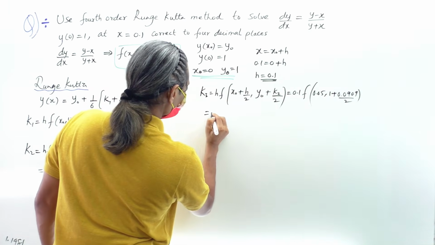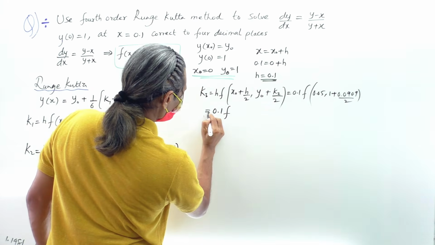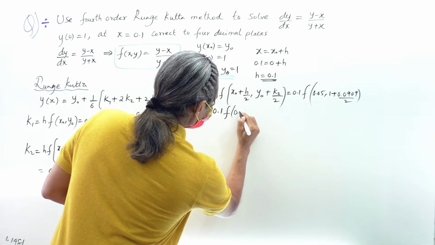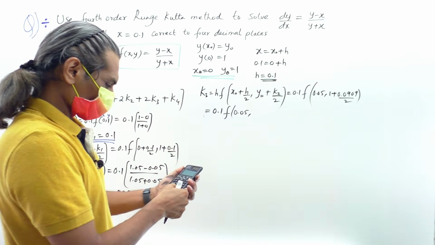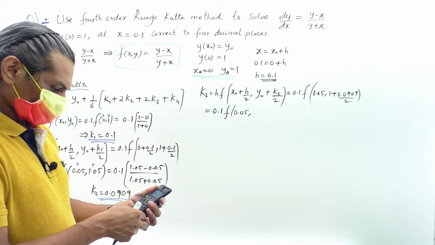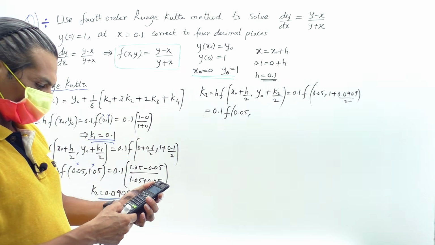So this will be 0.1 into f of 0.05 comma, the answer divided by 2, plus 1, equals